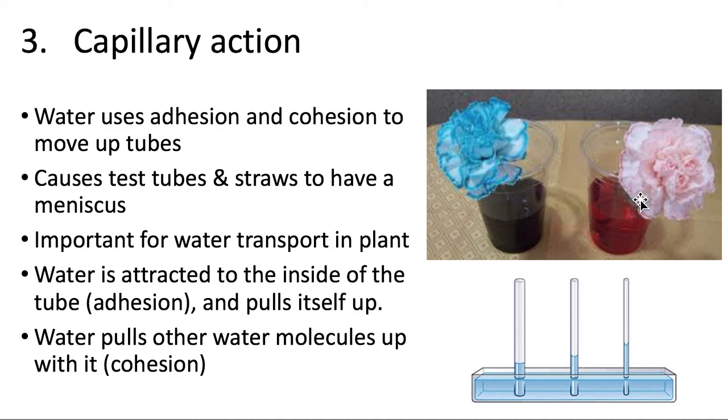into the colored water. Basically what happens is that the water is attracted to the inside of the tube or inside of the stem of the plant, and that's called adhesion. It's attracted to the inside and it pulls itself up. And now water is still attracted to the other water molecules, so it pulls up other water molecules with it, and that's cohesion. So adhesion and cohesion add to this thing known as capillary action, which is very important for